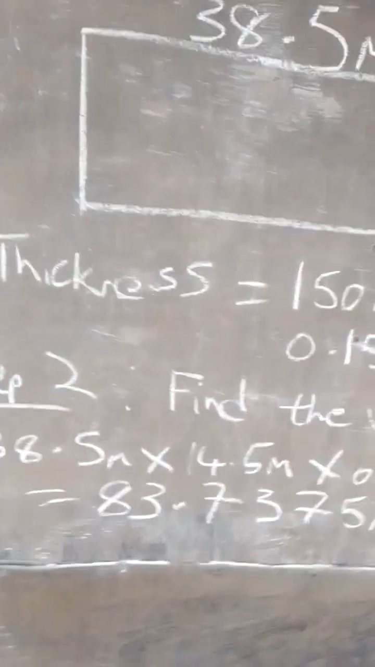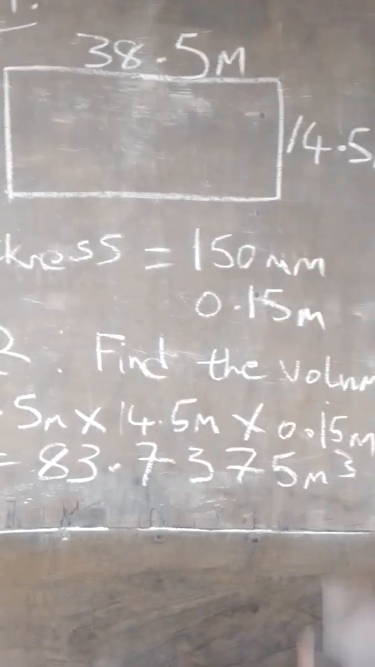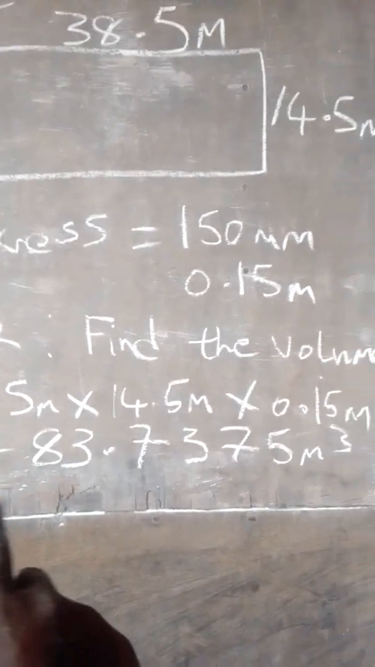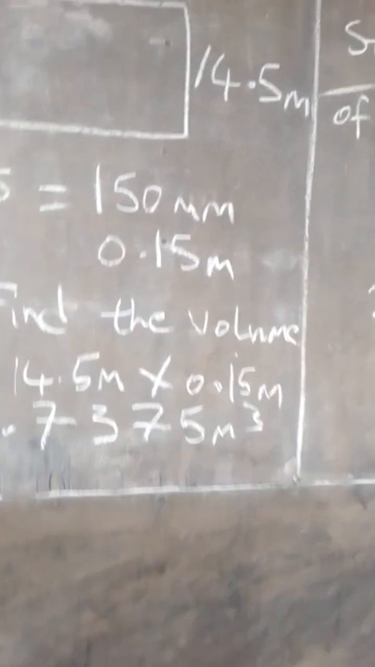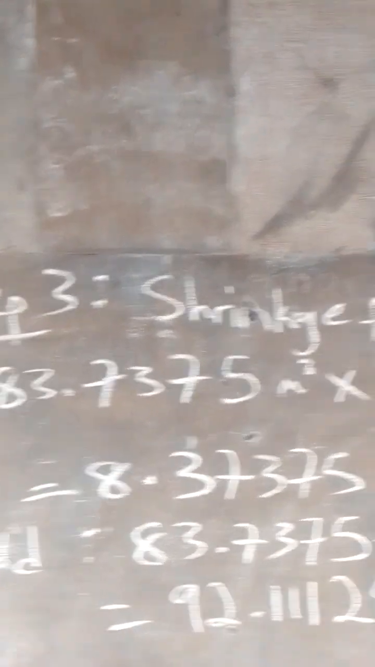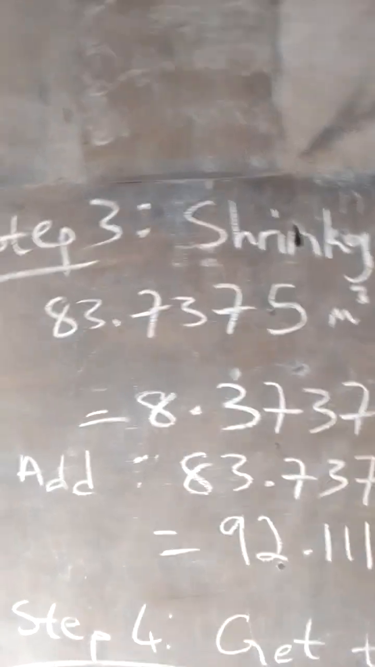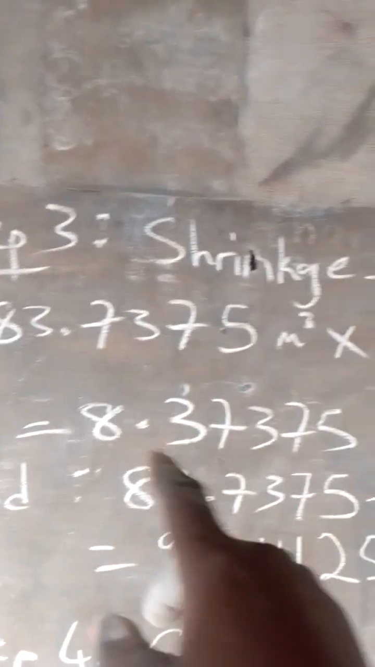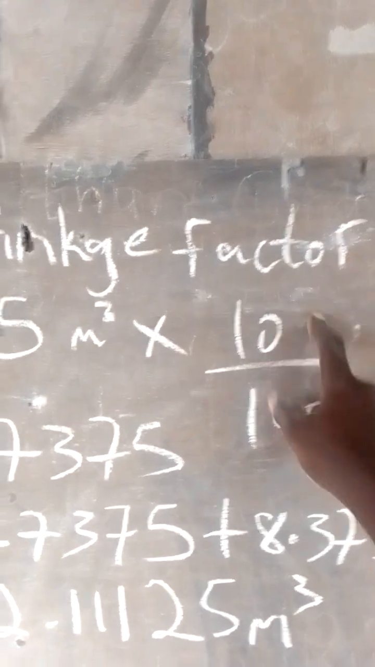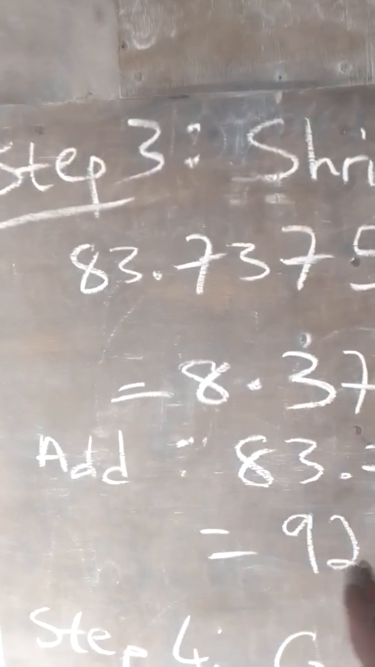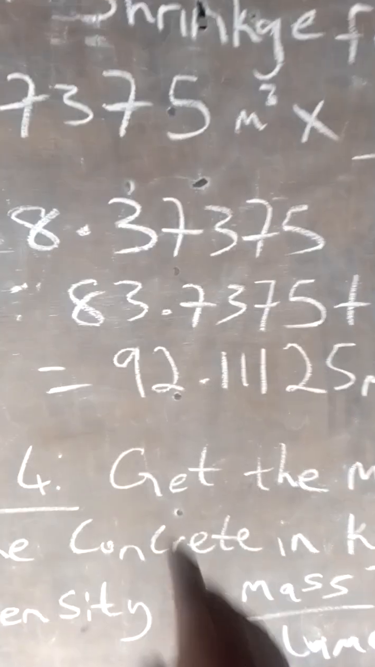Step 2 is to find the volume. We calculated the volume of the whole area, which is this 8.5 meter by this, and we got 83.7375 meter cube. Then step 3, we apply the shrinkage factor, which takes care of the waste and the shrinkage of the concrete. 83.7375 times 10%. I always use 10%. So when I got the 10%, I added it to the main volume of the concrete required, and we got